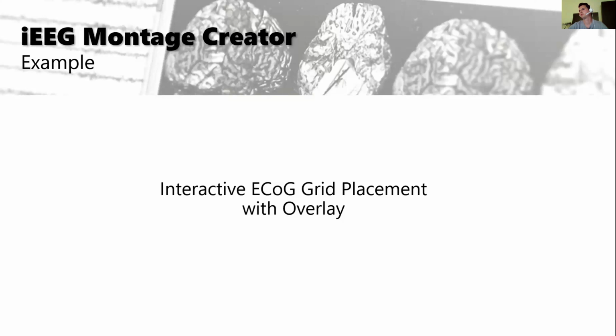So the next case I want to show you is how to do interactive ECoG grid placement with an overlay image. You can use that if you have an awake surgery case where the electrodes are only inside the head during the surgery. So usually you don't have a CT available. But you can take an image of the open skull